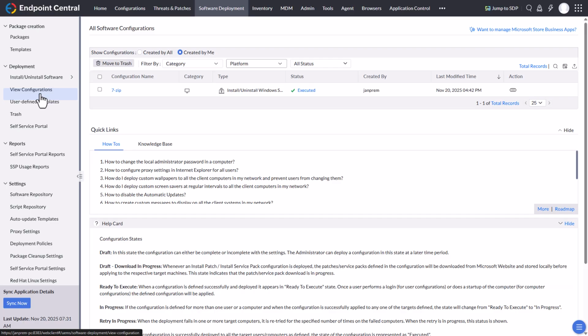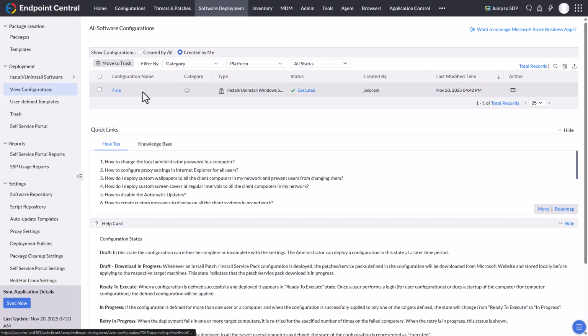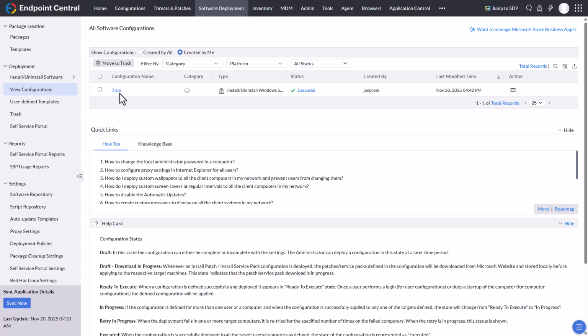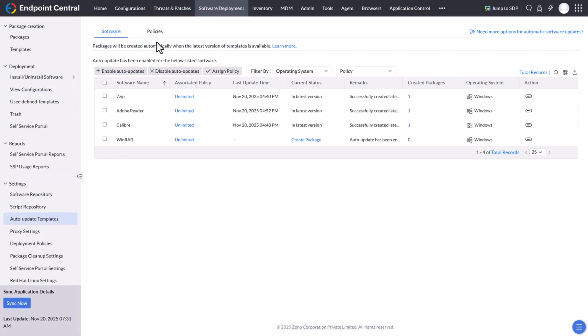We cannot change automatically something within an already activated configuration. That's the difference between user-defined templates and configurations,